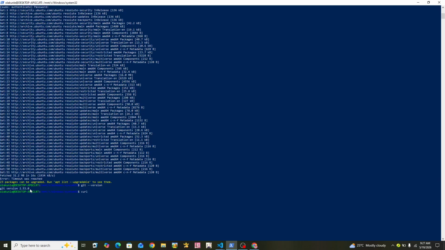Type curl -o- https://raw.githubusercontent.com